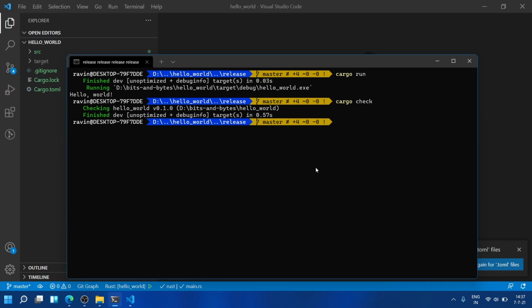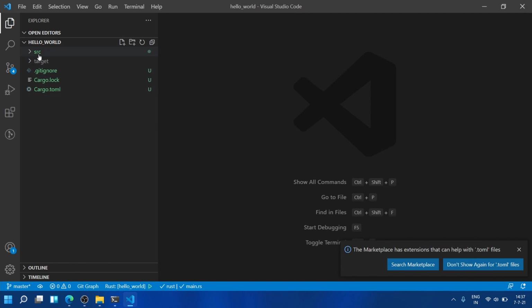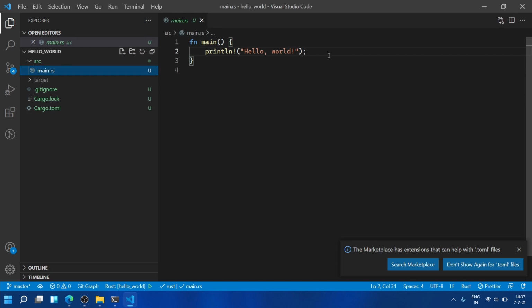So now we know how to build and how to run. Okay, now we'll see how to declare one basic variable in Rust, and then how to use it. Let's remove this print statement and add let a equal to 10. Okay, now if you see, I gave let, which is a keyword to declare any variable. There is another keyword called const. We'll see that in the next video. Okay, for now we'll see only let.